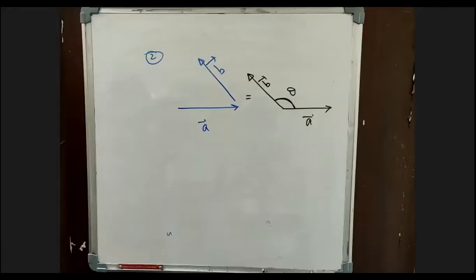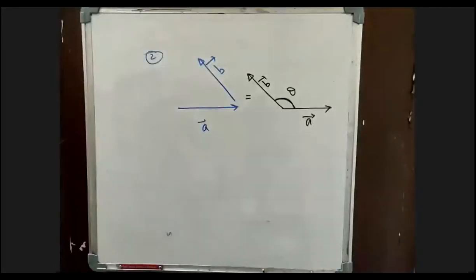This one is the vector A bar. I'm taking the vector B bar and attaching it to the tail of this one. So this will be your vector B bar. So the angle between them is this one. Angle enclosed will be the angle between the two vectors. I hope you are clear right now, everyone.